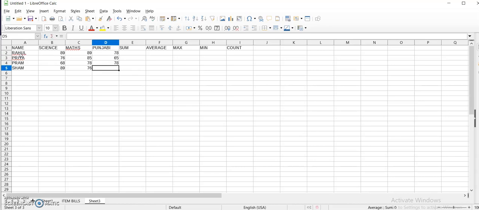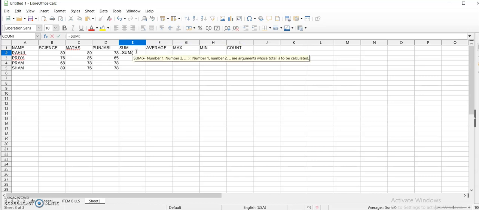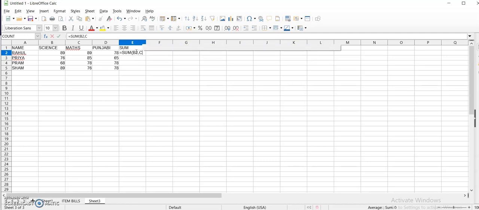So let's see how you can find the sum. Simply you will start with equals to, the name of the function SUM, then you have to write the names of the cells, that is B2, C2, comma and D2. Close the bracket and see the sum. Now you can use the same formula for the other students by dragging down the column.